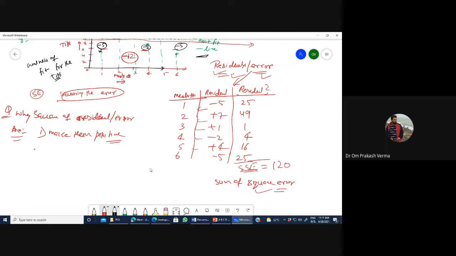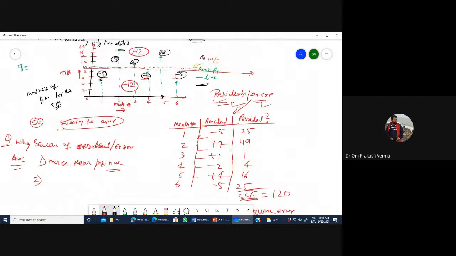And the second one is very, very crucial and important also. Your visualization, if you represent this -5, 25 is the error, 49 is the error. So the visualization becomes very clear. You get the larger deviation for this value.